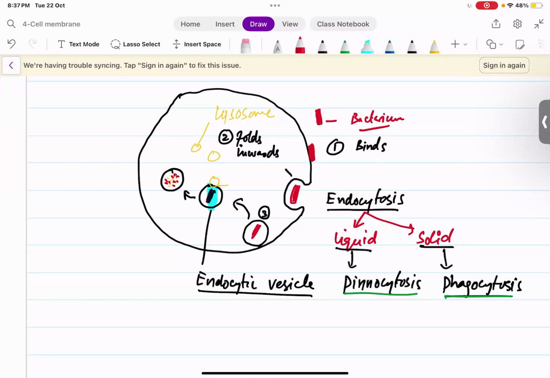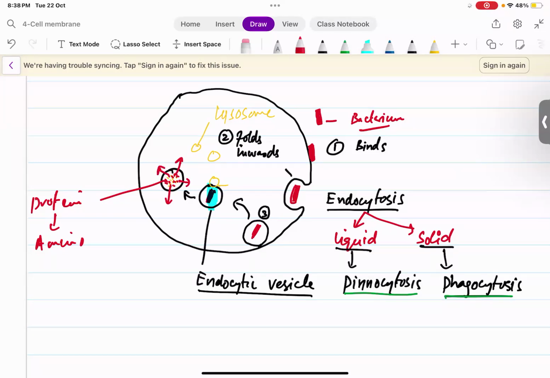These digested products, like proteins in the bacteria, are broken down to amino acids. Carbohydrates, polysaccharides in the walls of a bacterium, will be broken down to simple sugars. And you will also see other materials like nucleic acid, which may be broken down into its basic components or monomer units. Then these digested products are absorbed into the cytoplasm,